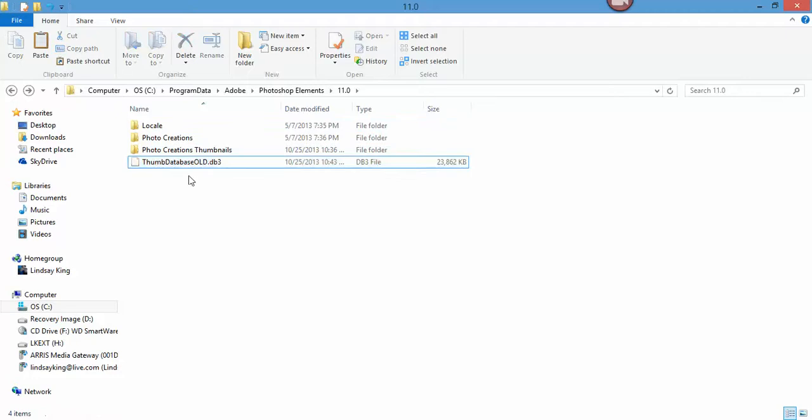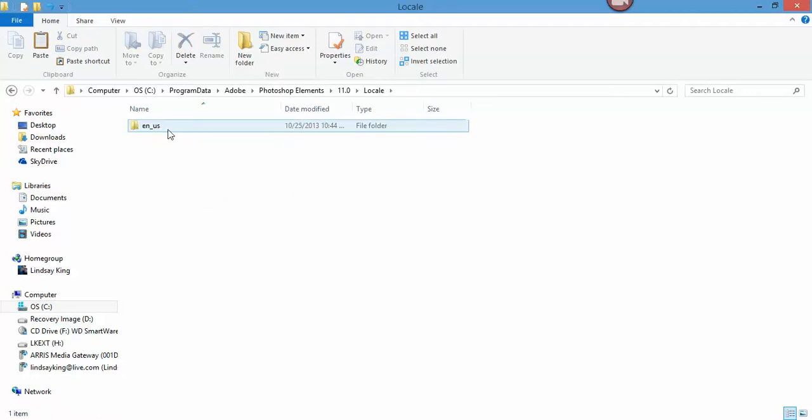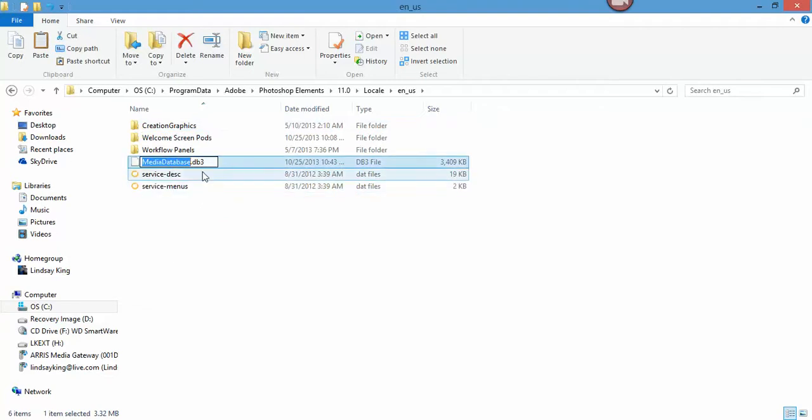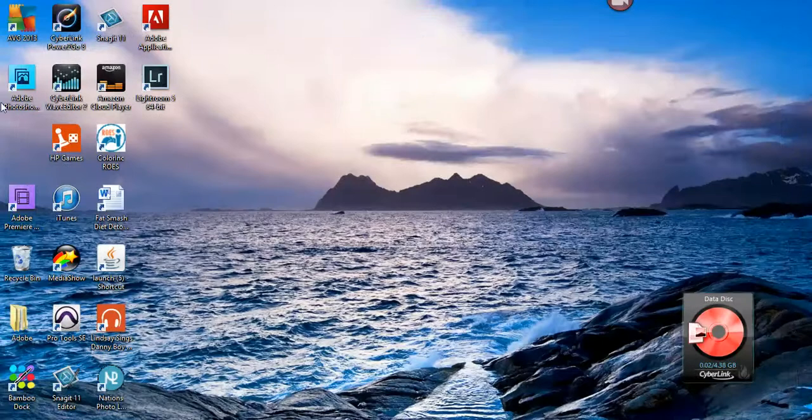Now you have to also rename its sister file, which is located in locale and then en_US. And we're going to rename this one, whoops, old also. And what that's going to do is, by changing the file name, it is forcing Photoshop Elements to create a new media database. So it's going to basically rebuild so that you can see all of your actions in there. So now I'm going to go ahead and close out of that. I'm going to open